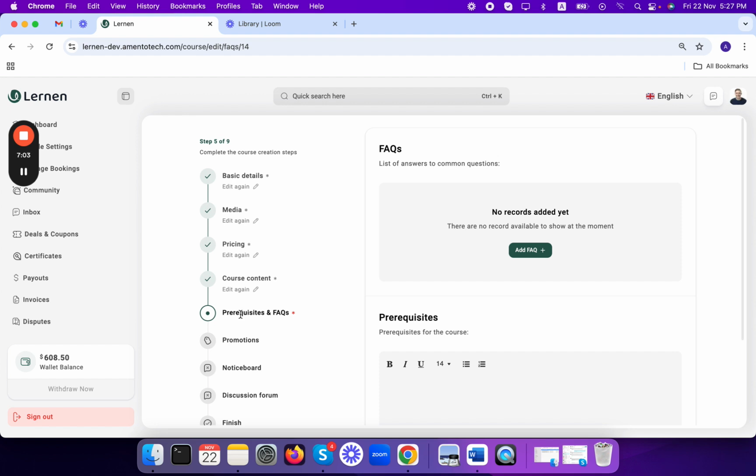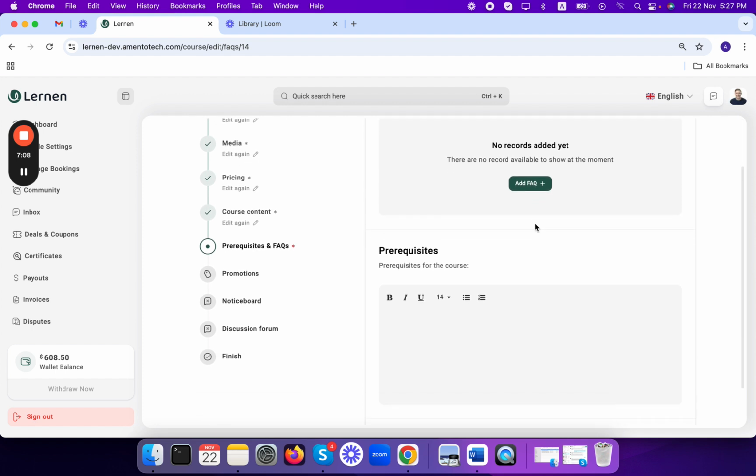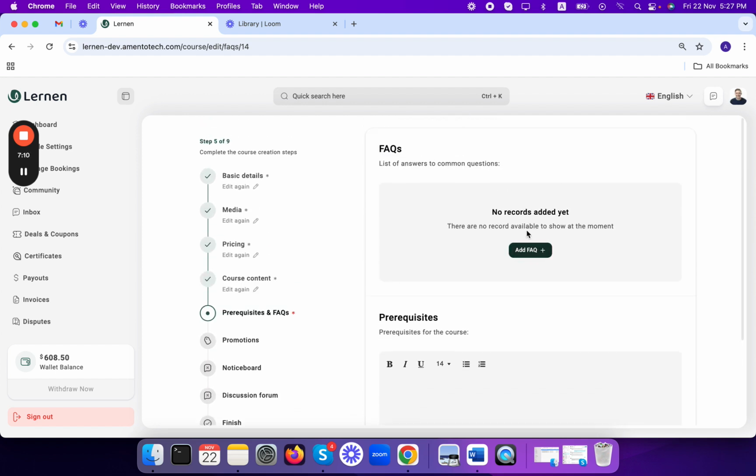Next is to define the prerequisites and FAQs for your course. If you want to add any FAQ or if you want to add any prerequisite, you can do that from here.